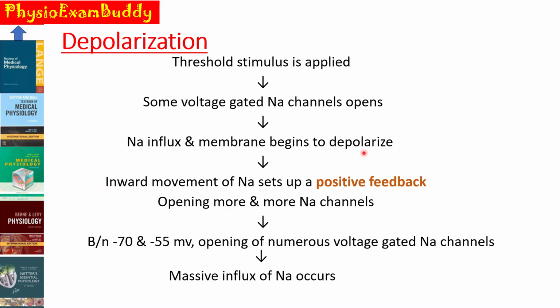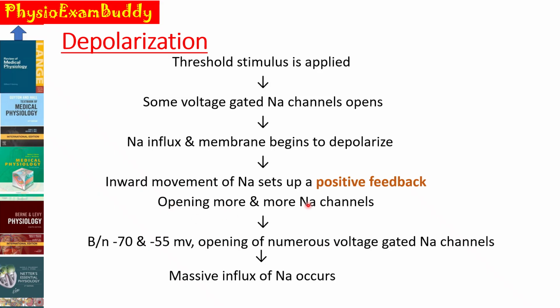The word meaning of depolarize is that the charge will shift from minus to positive. Because of the influx of the sodium ions, the membrane potential shifts from minus to plus. That is, the membrane will begin to depolarize, and the inward movement of the sodium will